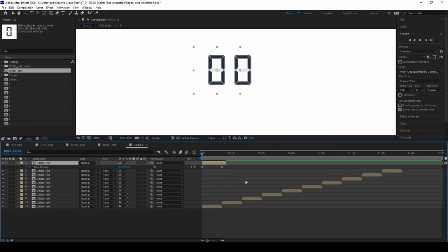Enable time remapping, and we need to adjust this till the end. Then I'm going to drag this. This is our end point.